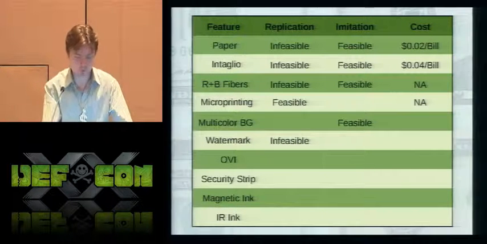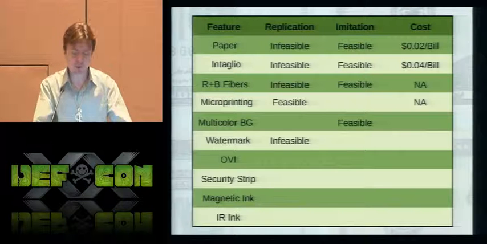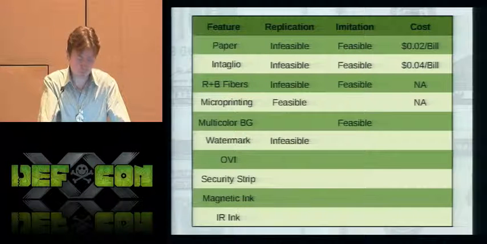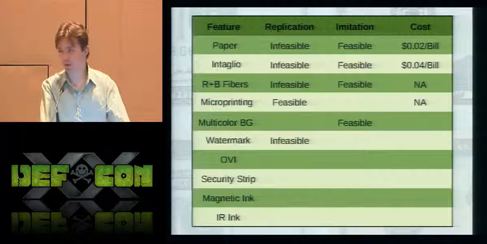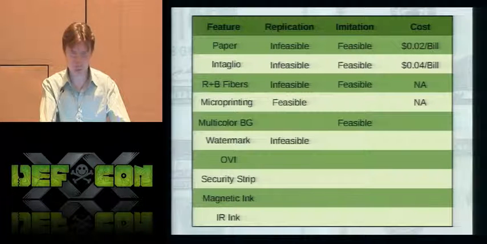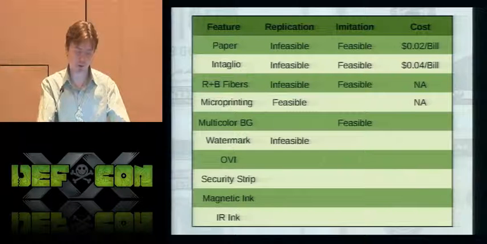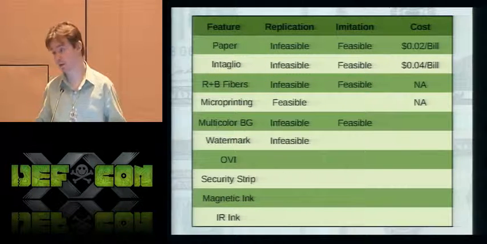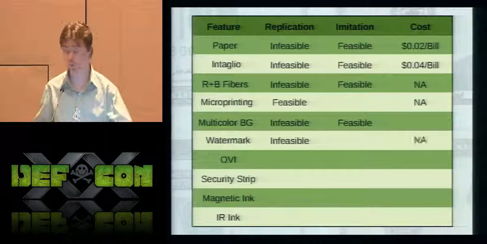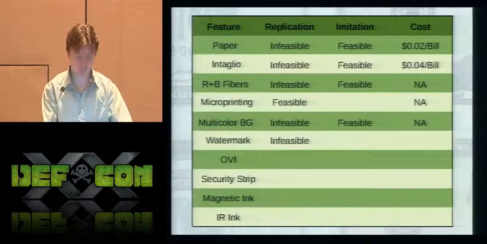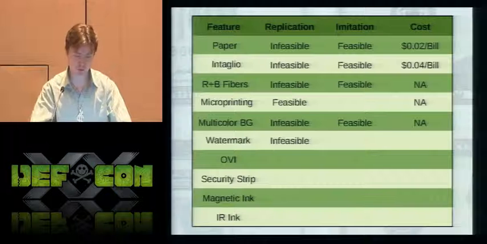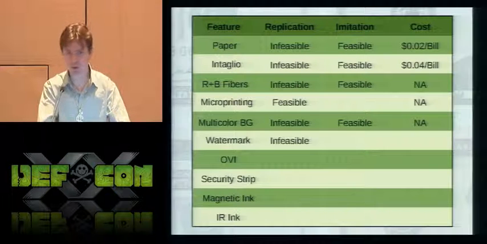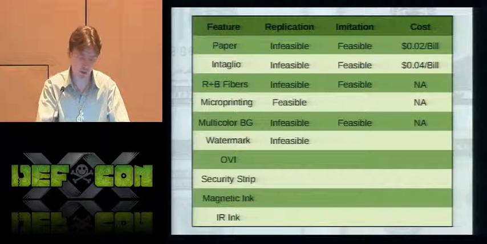Now, the multicolor background is an imitation by the inkjet because it's generally done by an offset printer. But counterfeits have shown that some are made with an offset print press, some are not, and the ones that are not use an inkjet, so it's suitable to pass. So it's both infeasible, because it's already expensive and the expertise is rather high, and